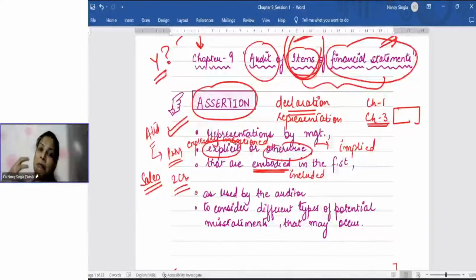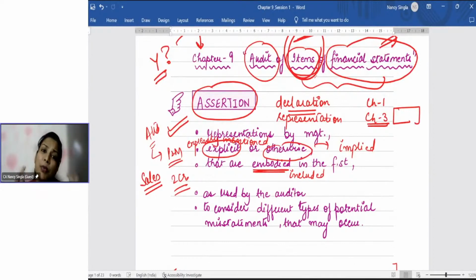है ना? अब मैनेजमेंट ने तो अपना इंफॉर्मेशन दे दिया, assert कर दिया, assertions दे दिया. What is the duty of the auditor now? Auditor is not making such assertions now. So what is the auditor doing? Auditor is considering those assertions only. In a very simple language, assertion क्या है? कोई भी information जो management ने financial statement में दिया है,